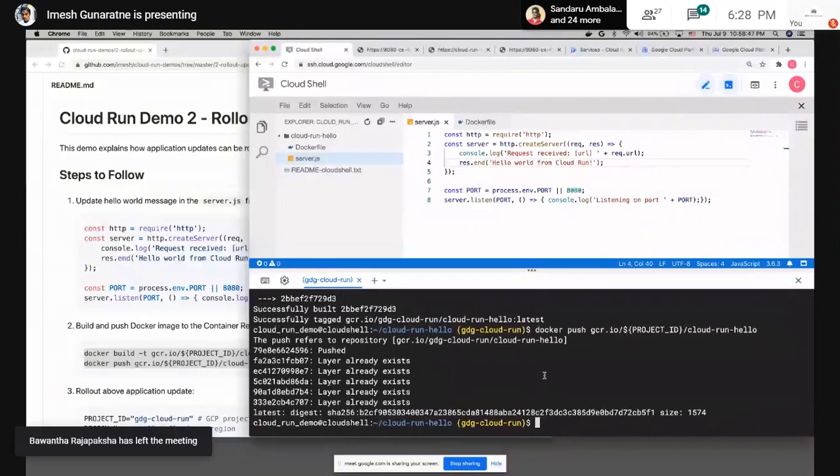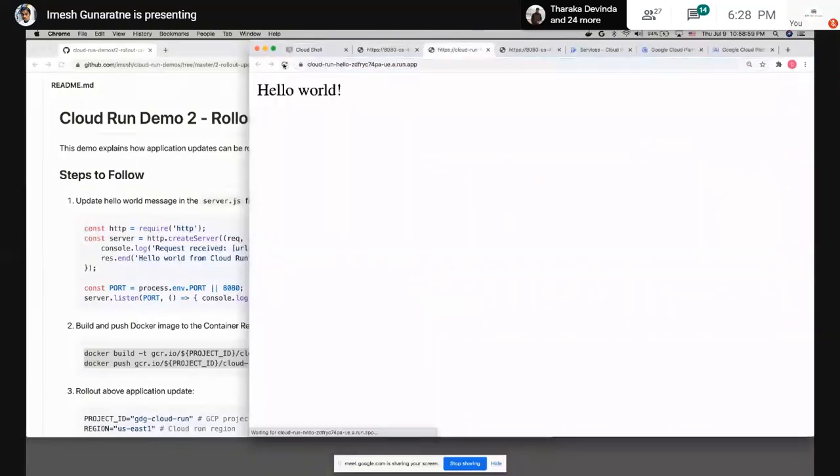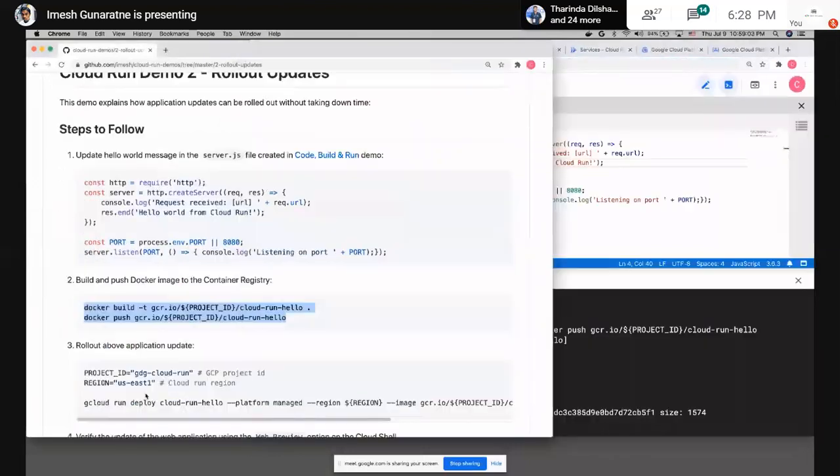Yeah, so the image is built and pushed. Now if we go to the public URL, we should still see the previous text. So now if we redeploy,